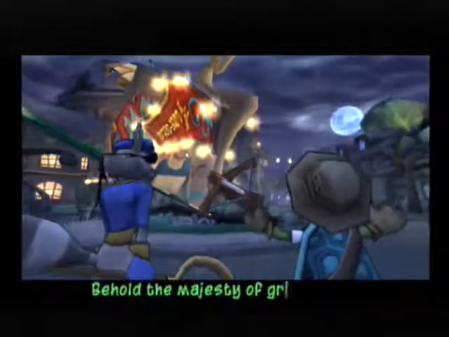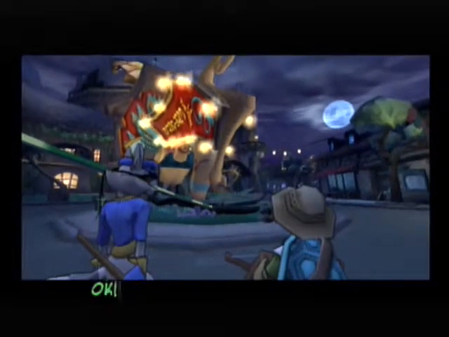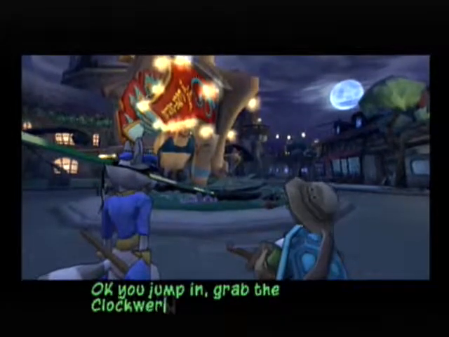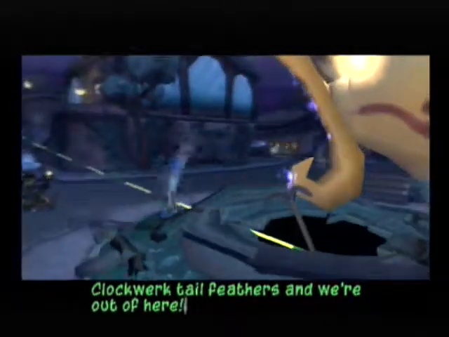Behold the majesty of gravity and inertia. That was real subtle, Bentley. Okay, you jump in, grab the Clockwerk Tail Feathers, and we're out of here. Alright, and now it's finally time...